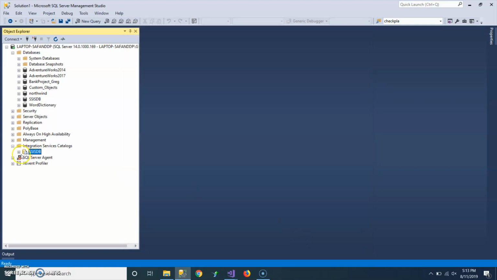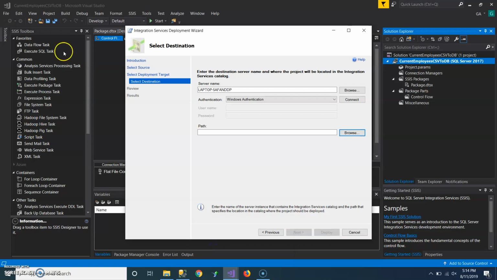Now if the Integrated Services feature that we installed wasn't on there, you would have had an error. It'll say the file wasn't there, but since we do now, this will pop up and there'll be nothing in it. So now we can go back to Visual Studio and we can browse,